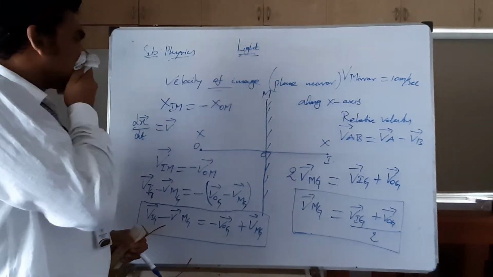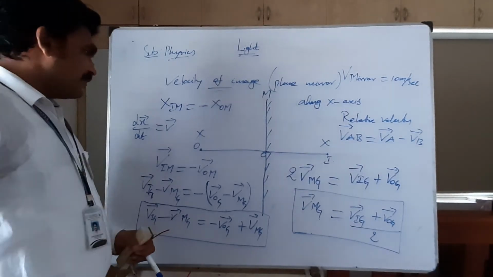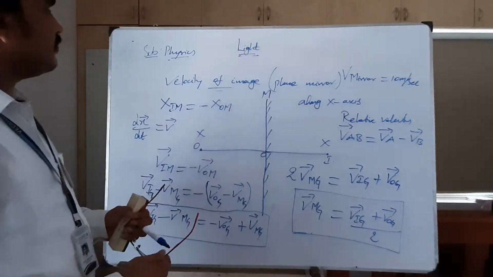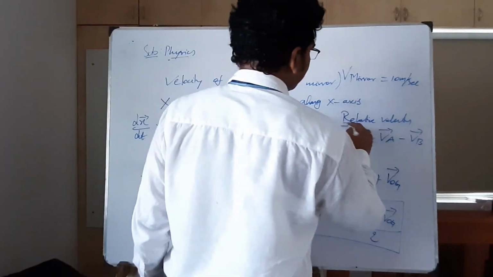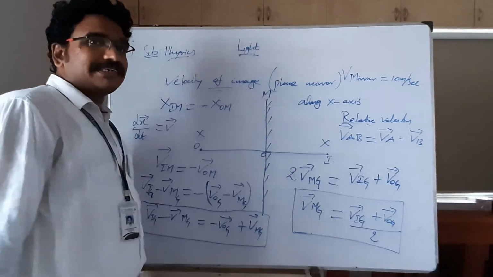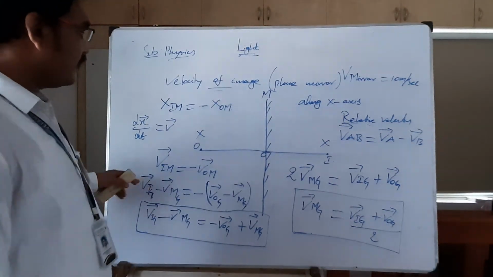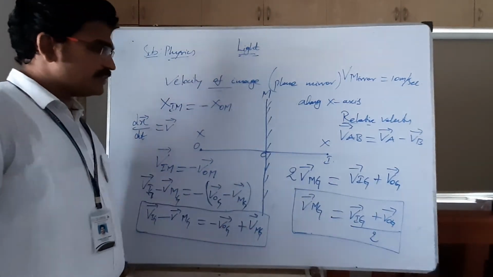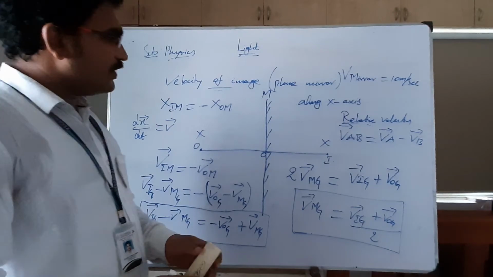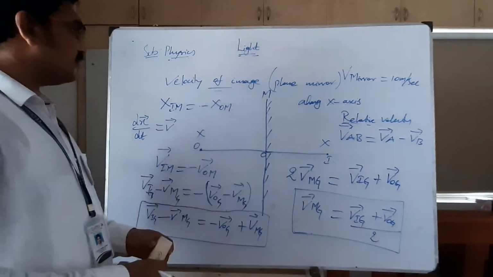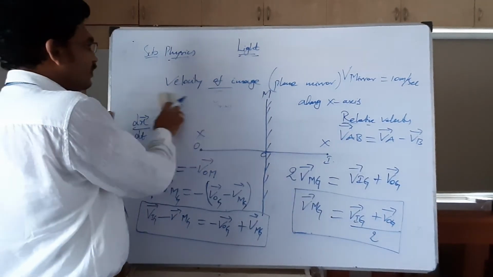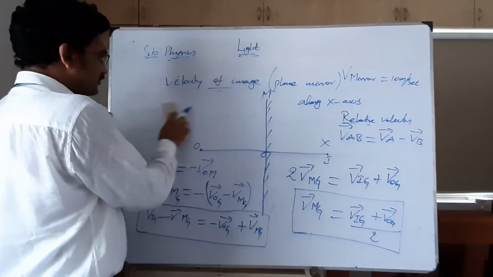This is relative velocity of image. So we can calculate. This is all along the x-axis I am calculating. Okay, along the x-axis, all these equations we are going to get. Now finally you remember this equation, this one and this one. Now here one question I will ask you. One question, very simple.